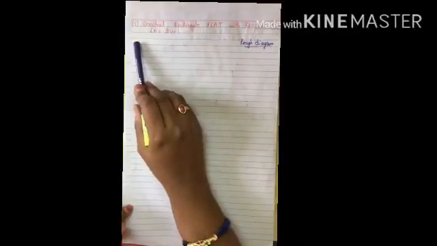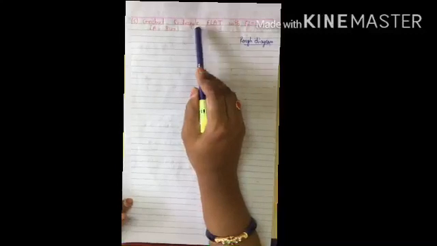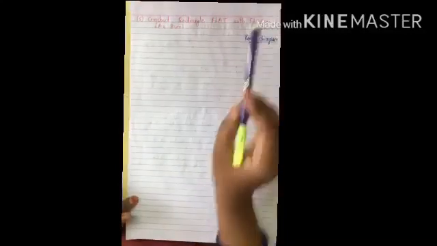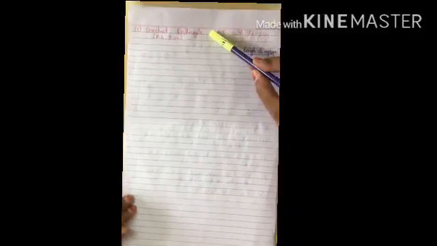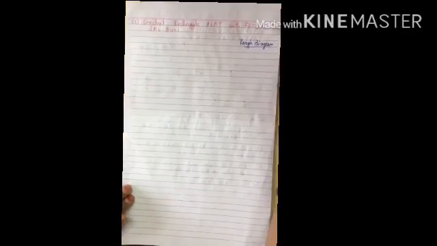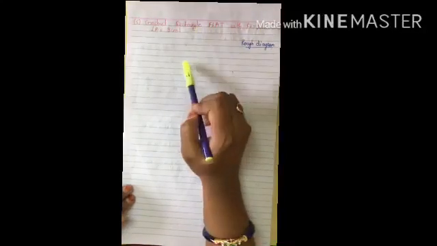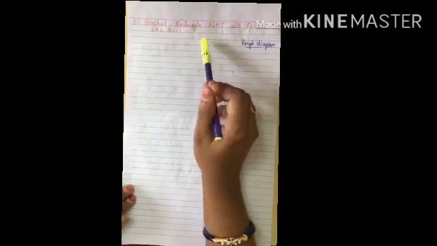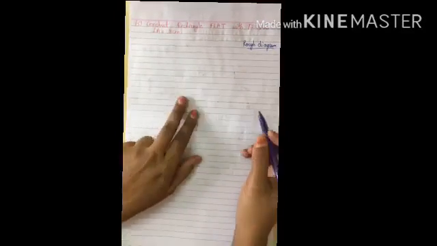Next, fifth question, children. Construct a rectangle FLAT with FL 5 centimeters and LA 3 centimeters. Actually, to construct a rectangle, we require 3 measurements, and one more measurement we can take directly. What is that? In a rectangle, all the angles are 90 degrees. So each angle in the rectangle is 90 degrees. That we can take. Okay. Now coming to rectangle, opposite sides are equal, and all the angles are 90 degrees. Based on the properties we are going to draw.